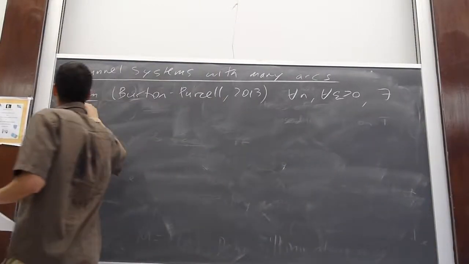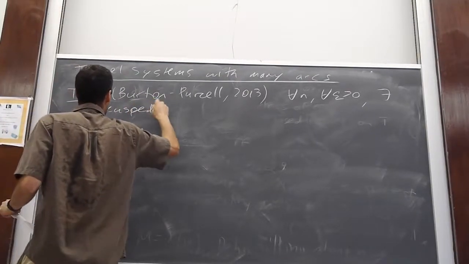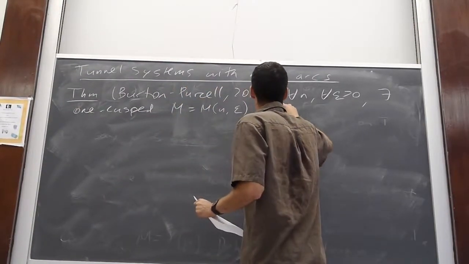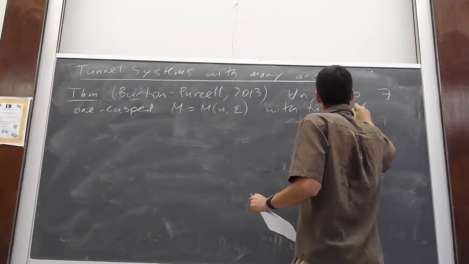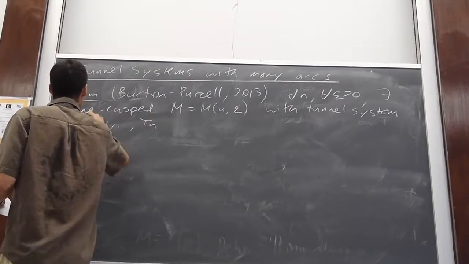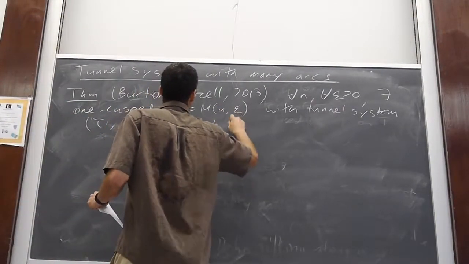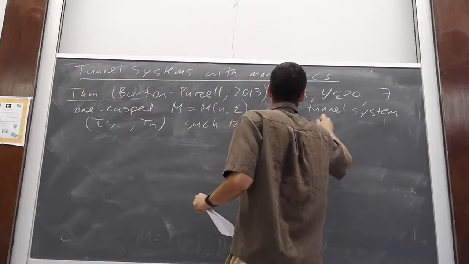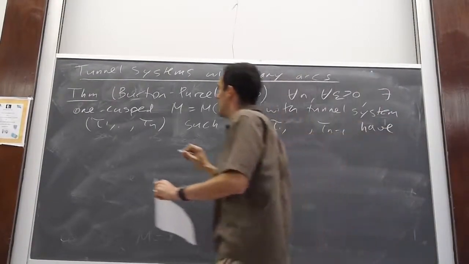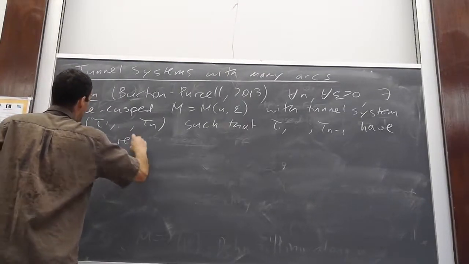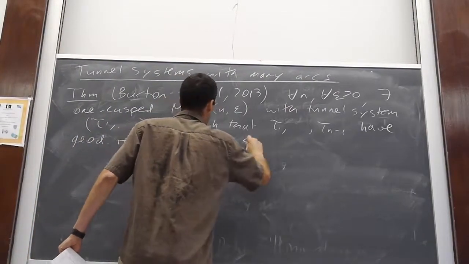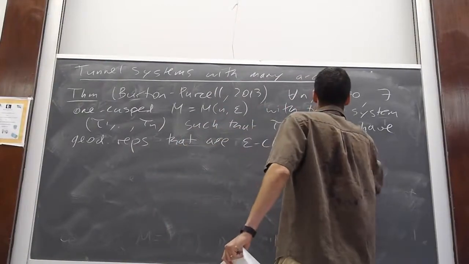There exists a one-cusped hyperbolic manifold M, for any n and epsilon, with a tunnel system L1 through Ln, such that all but n-1 of these have geodesic representatives that are epsilon close to